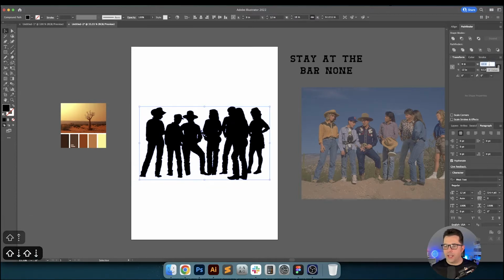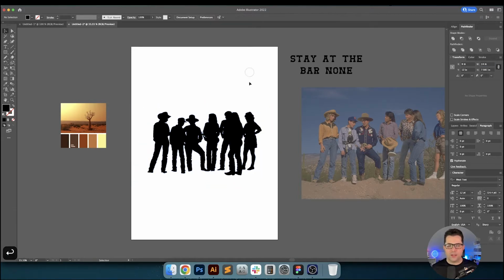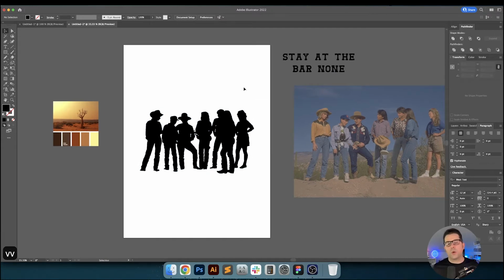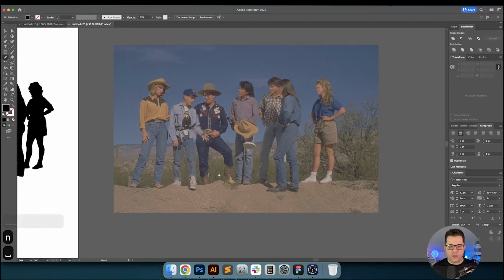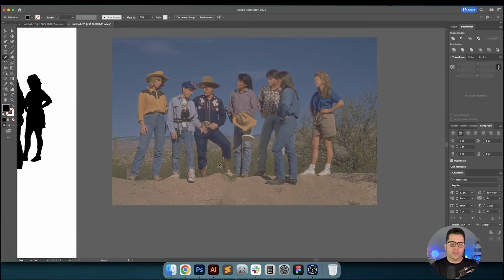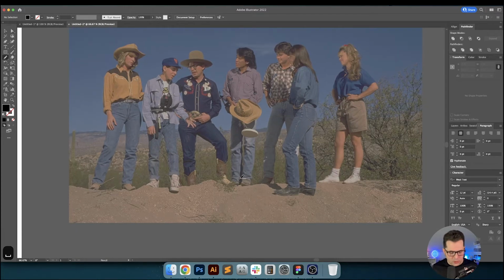So let's go ahead and get a general idea of where they're all going to go in relation to the rest of the poster. What I'd like to do here is also include, it's going to be two-tone basically. The background is going to be a nice yellow, and I'm also going to do the ground that they're standing on. So what I'm going to do here is a quick trace,